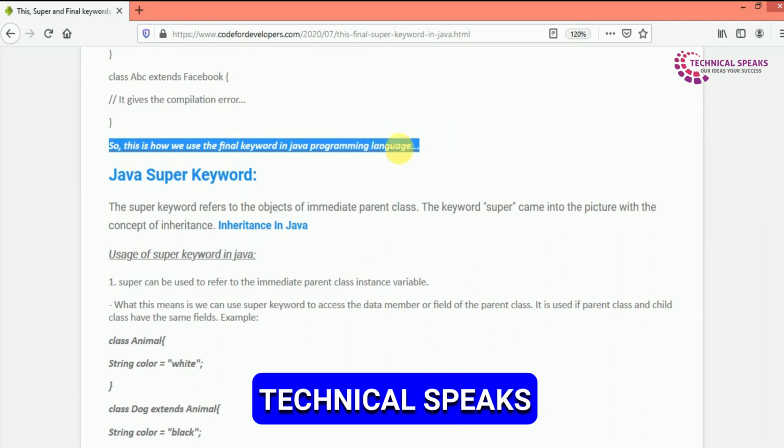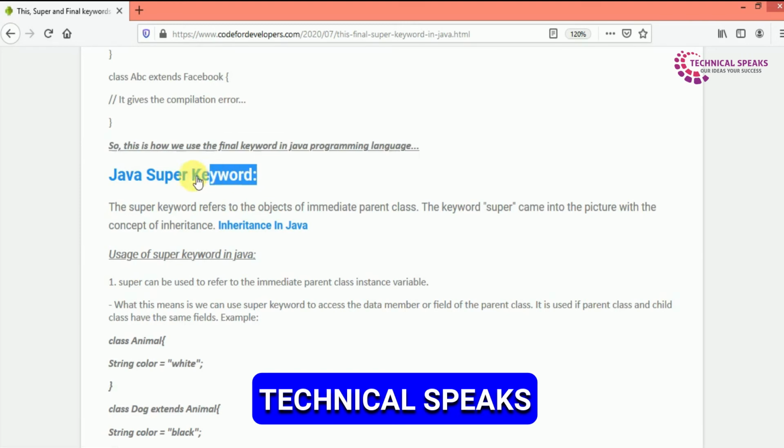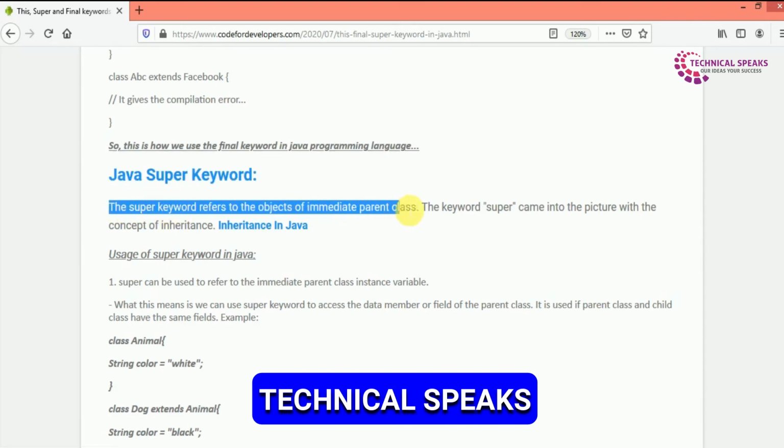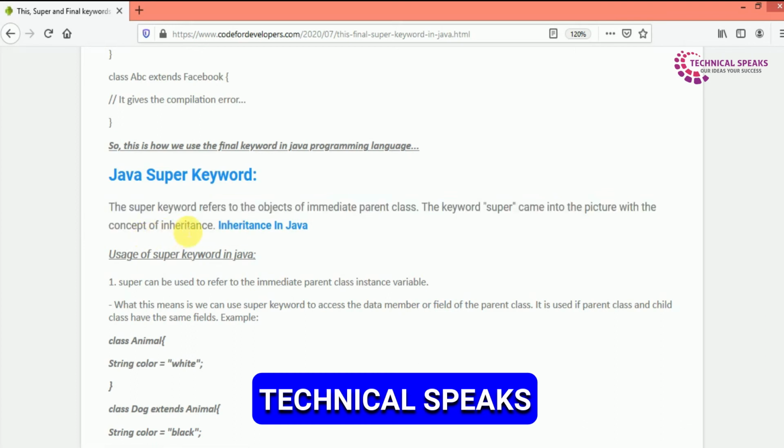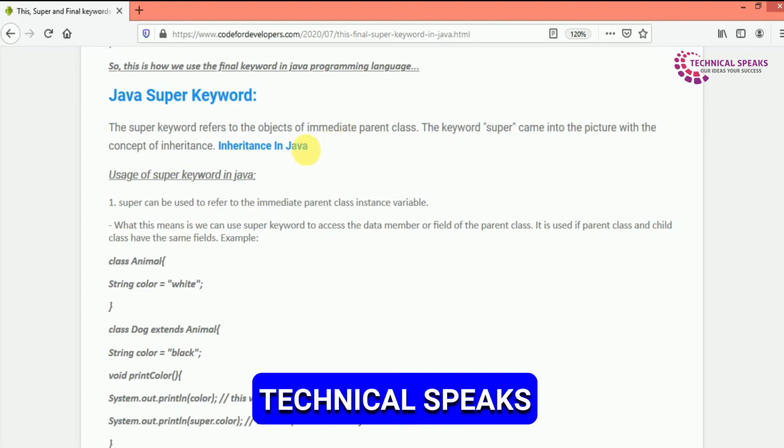Last one we have the super keyword. The super keyword refers to the object of the immediate parent class. The keyword super came into the picture with the concept of inheritance. If you did not watch my videos on Java inheritance, I suggest you go and watch those videos. You can find the link of that video in the description of this video.